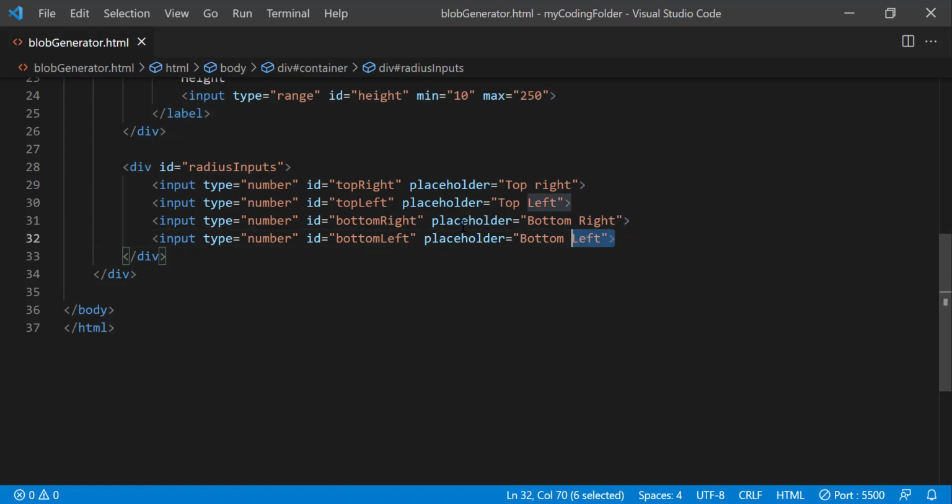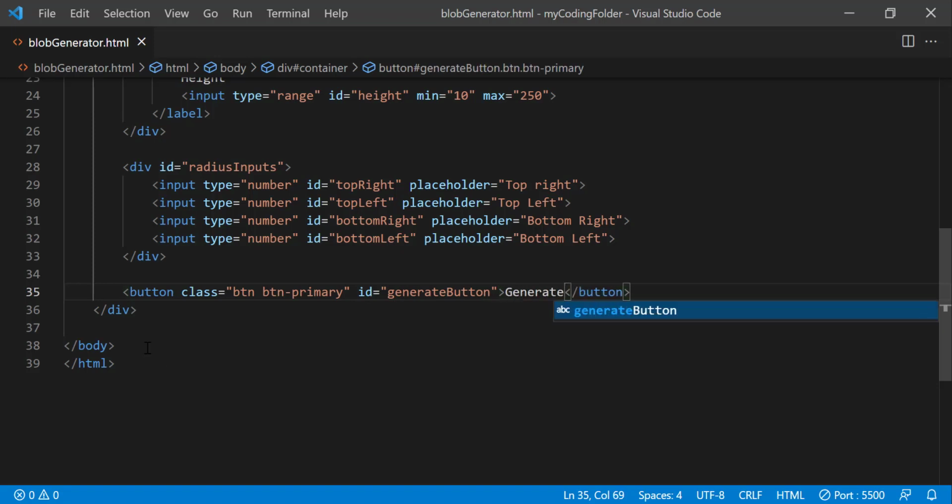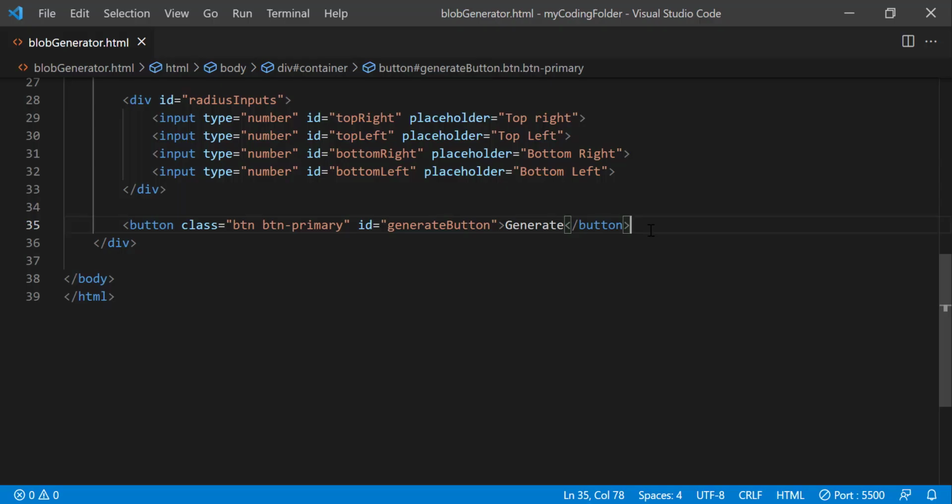And once you're done creating all of that, you can create a button, give it a class of btn primary generate button, and we'll just call the button generate. So now if we go back, we have a blue button with this really neat hover effect where when we hover over it, it darkens a little bit. Normally we would require CSS to do that,